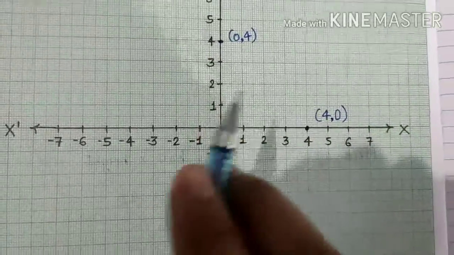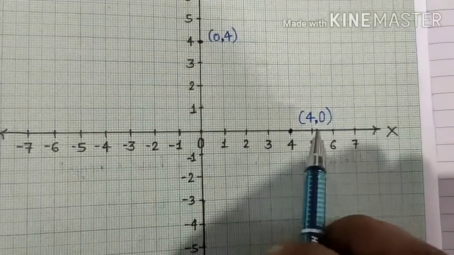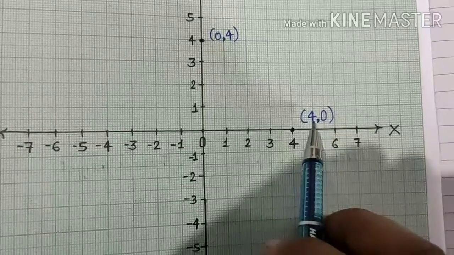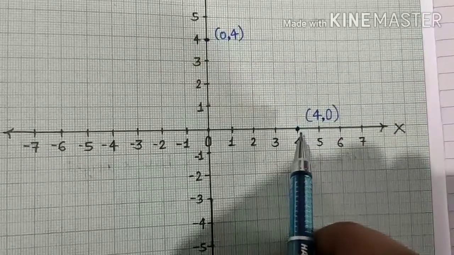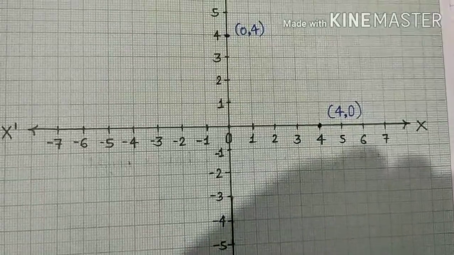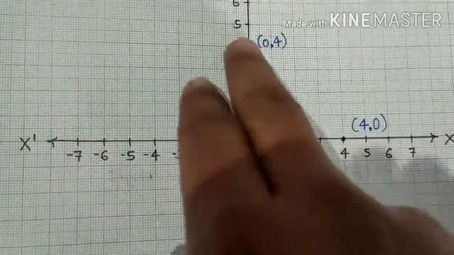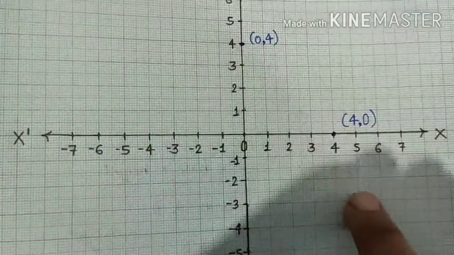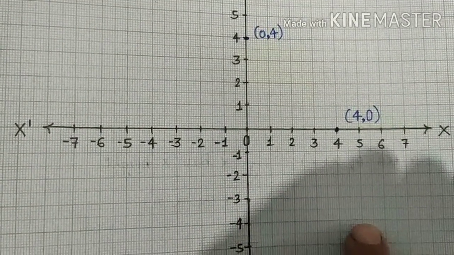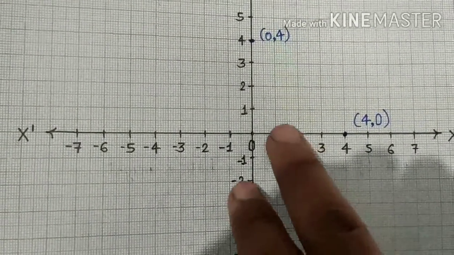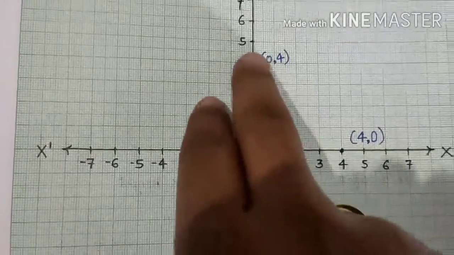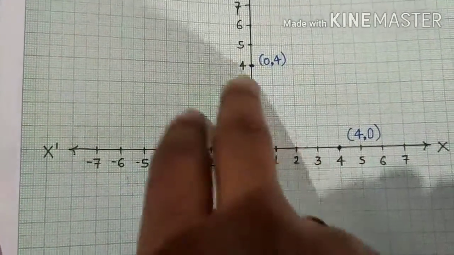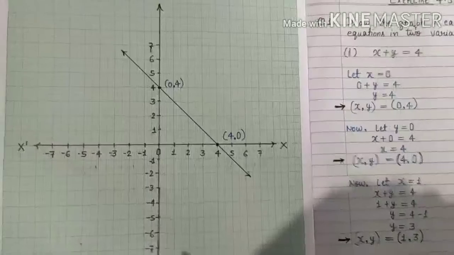We have discussed this in our previous videos. So 4 comma 0 means the coordinate of x is 4 and the coordinate of y is 0. So it will come here. Now on the basis of these 2 points only we can draw the straight line. One more point is there, 1 comma 3. You can use this point also, but right now we don't need it. We can draw the line on the basis of these 2 points. So let's draw the line.